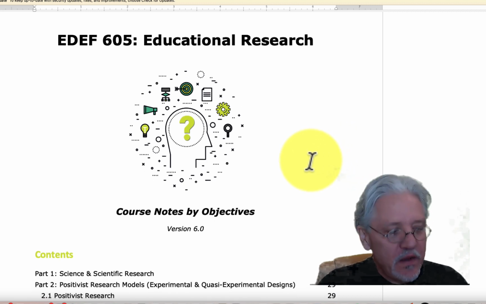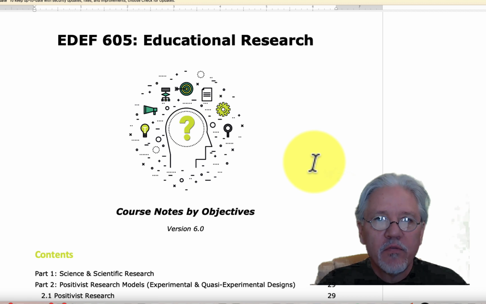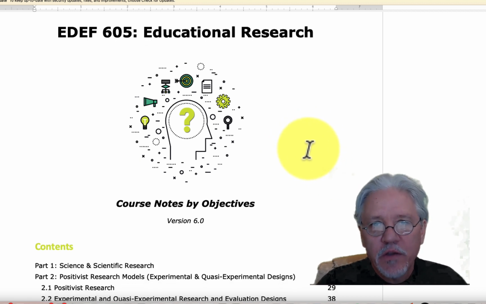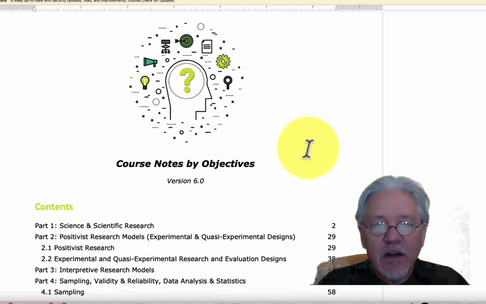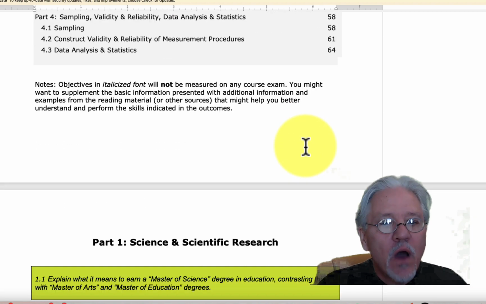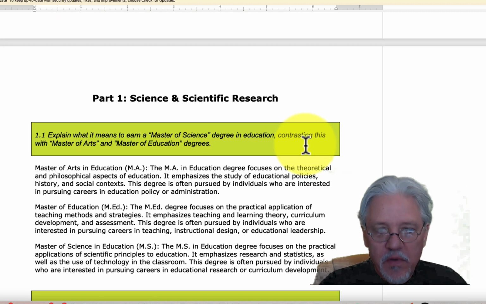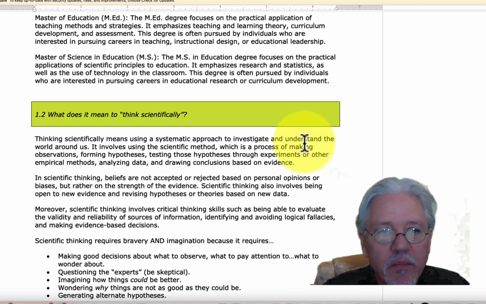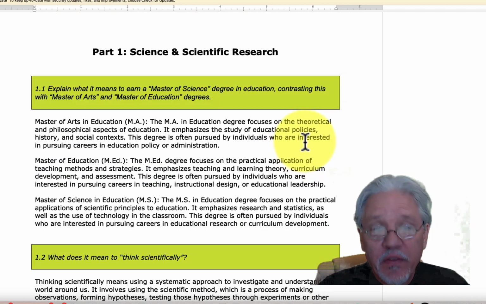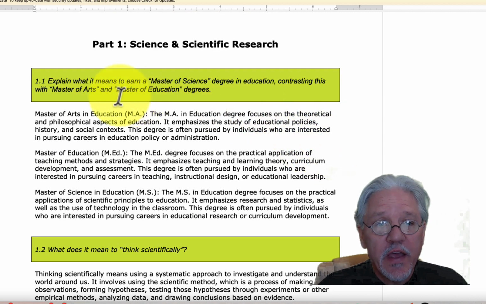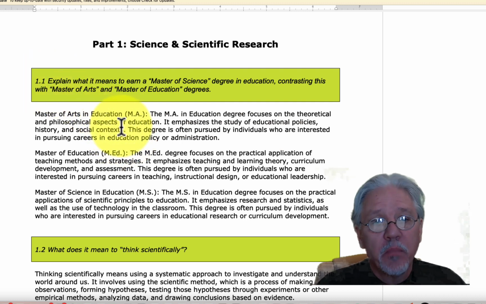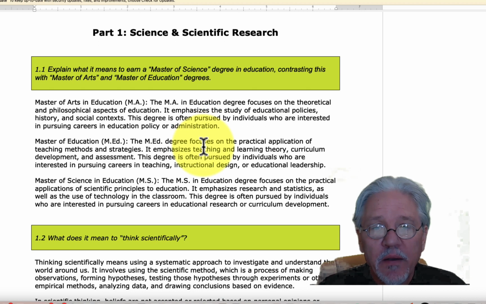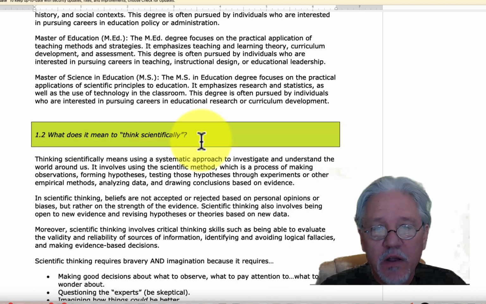This is the foundational depository of the information and examples that are going to be addressed on the midterm. And I just wanted to go through, again, not all of the objectives, but just some of them, and some of the important ideas, and I'm going to go kind of fast. So here I am at the very beginning of part 1, and you'll notice that I have some information that supports the italicized objectives, and I think it's really important,